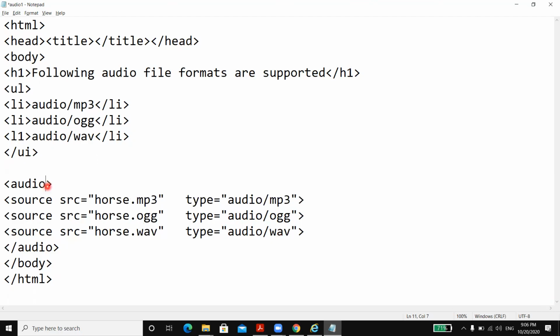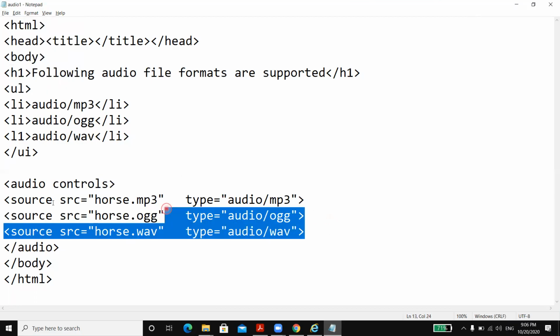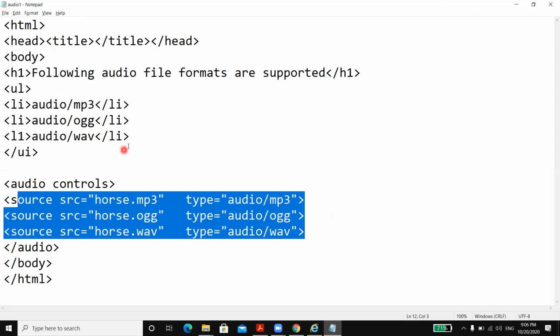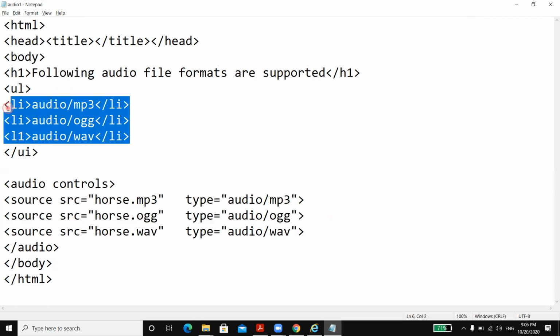Now here, controls, you have to write the attribute called controls. Do not forget this S. Now you can save this file, and you can check all file formats are written. Since we are trying to play only these files inside the browser, we have written that these files are supported.